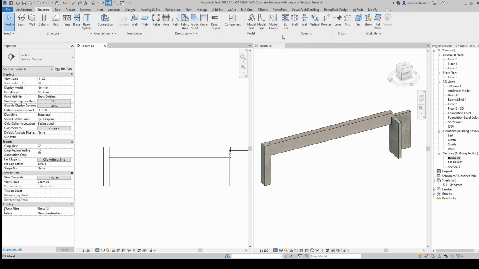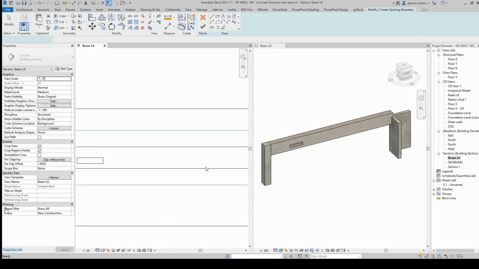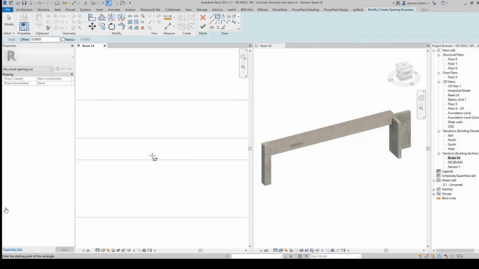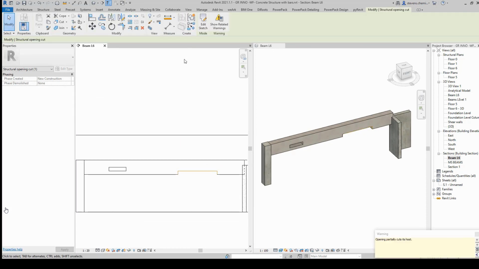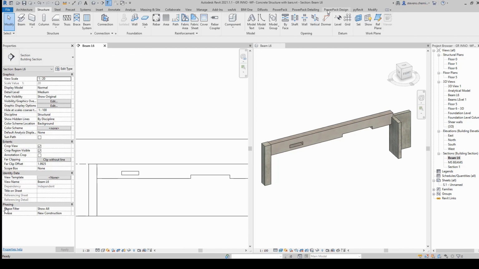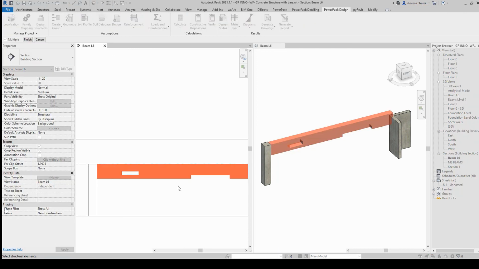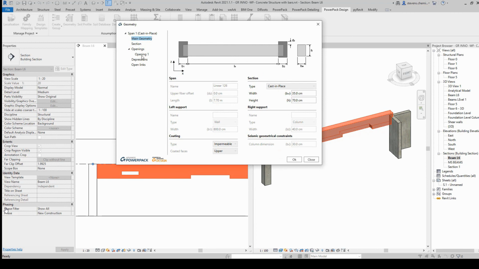For example, if we want to add some depressions or some openings in the beam, to make it quick, I will use this command, openings by face. So I'm selecting a plane and placing a depression and an opening here, like this, and coming back to this geometry command, I select the beam, so I customize the geometry of the beam, which is no more a simple one.